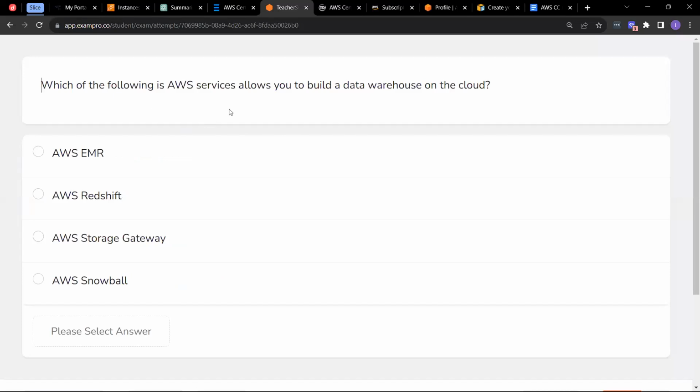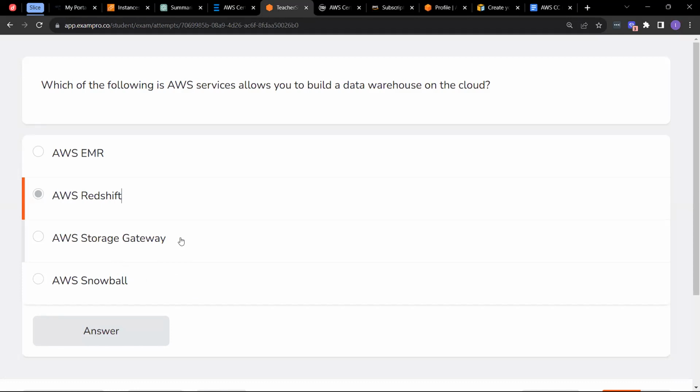Which of the following AWS services allows you to build a data warehouse on the cloud? Yes, data warehouse. We spoke about it today when we were looking at the services. So yes, that's Redshift. Snowball aids in data migration. That is when you have petabytes of data that you want to transfer but can't transfer via the internet. Amazon can bring you the Snowball for you to put your data on, you send it back to them, and then they will do the upload for you. A storage gateway is more or less like